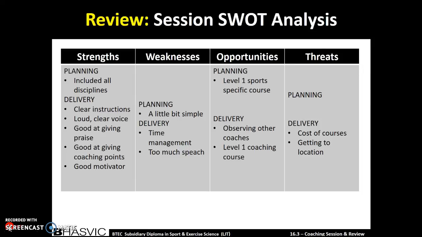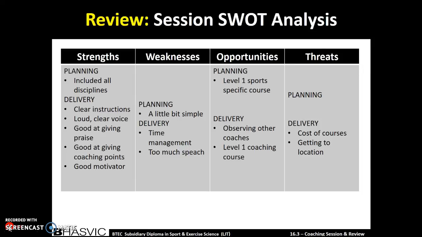Another strength was that I spoke very clearly, and I spoke loudly when necessary if my group was far apart, so I therefore didn't have to bring them in as often and slow down the pace of my session. This helped to explain drills which I was setting out, which I had previously explained, but again, by speaking clearly, it minimised the risk of confusion and need for repetition, and overall made the session more enjoyable for the participant because they could just get on with the session with no issue.